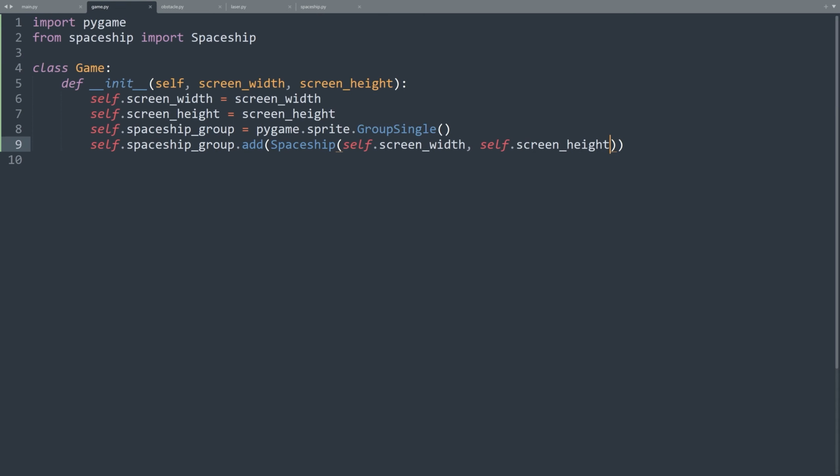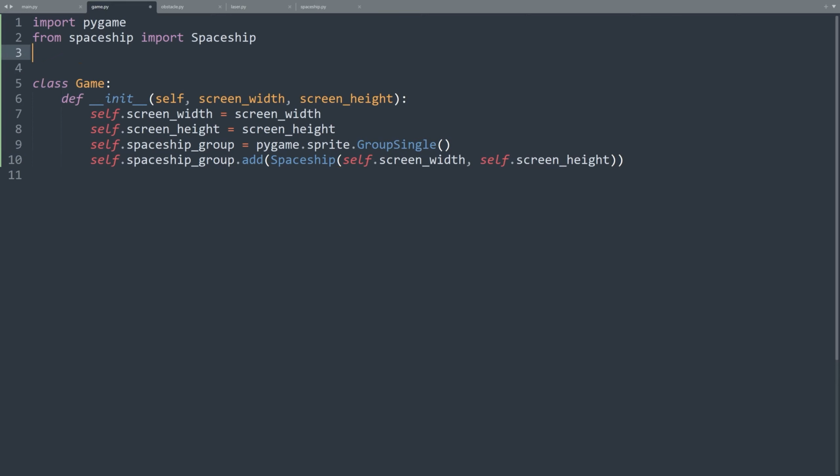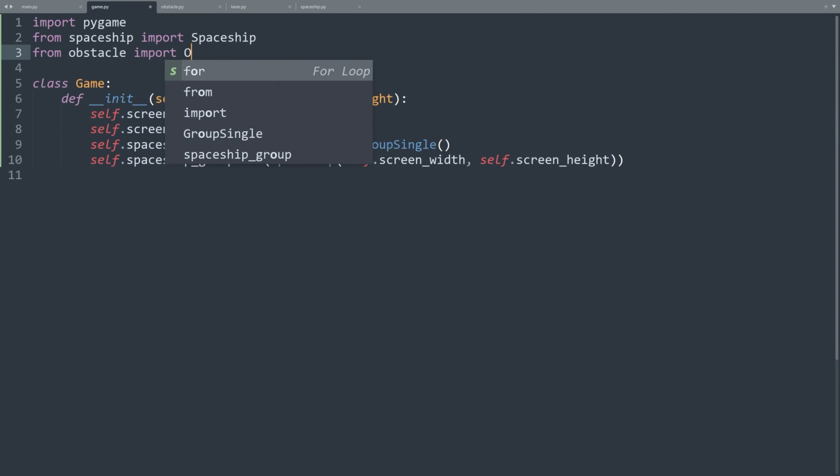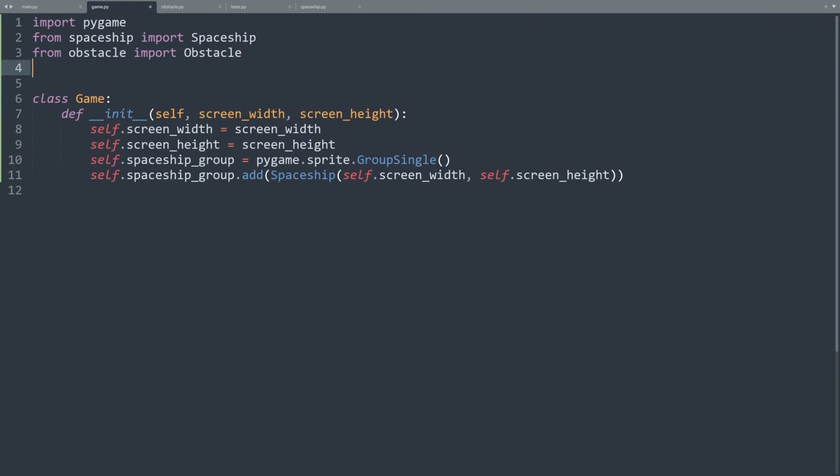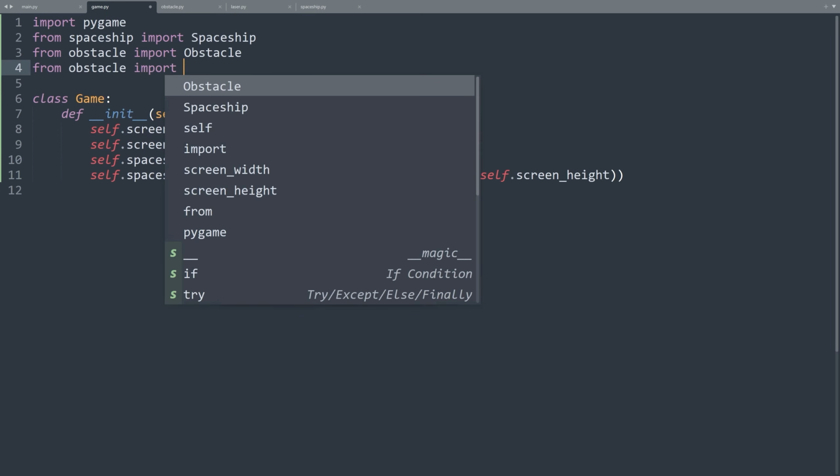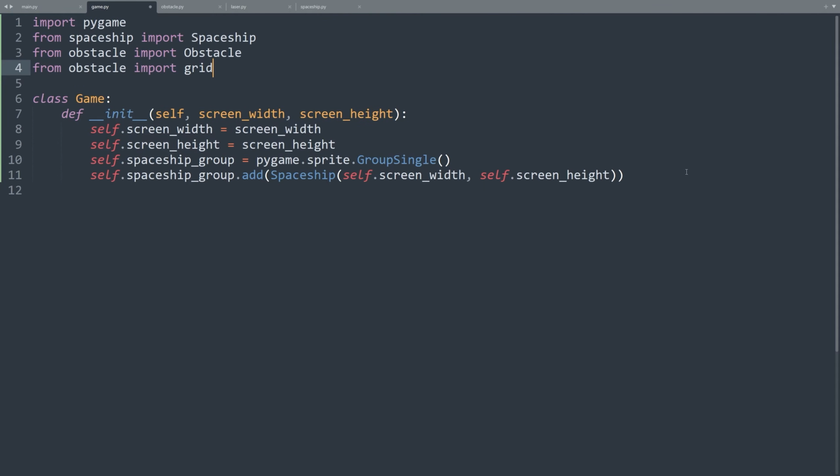Now let's go back to the game class and add 4 obstacles to it. First of all, let's import the obstacle class and the grid from the obstacle file. From obstacle import Obstacle and from obstacle import grid. Now let's create a method to create 4 obstacles for our game. def create_obstacles(self):